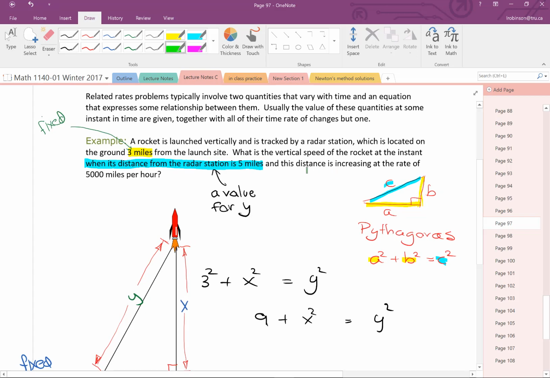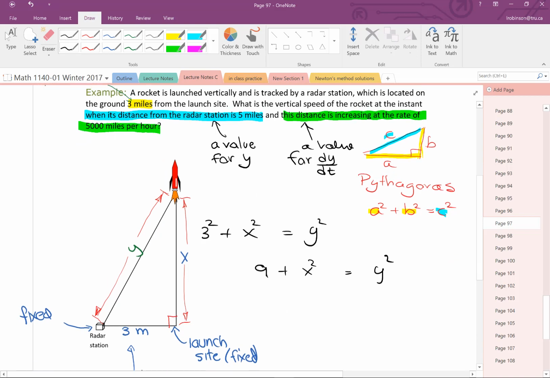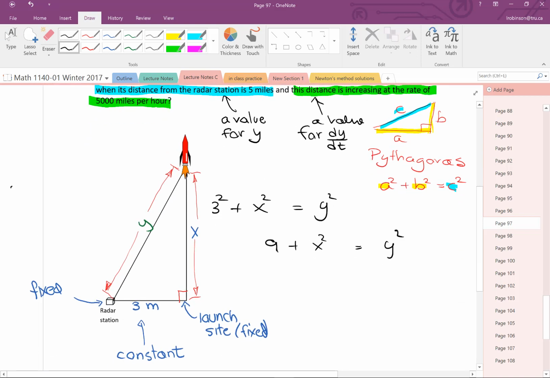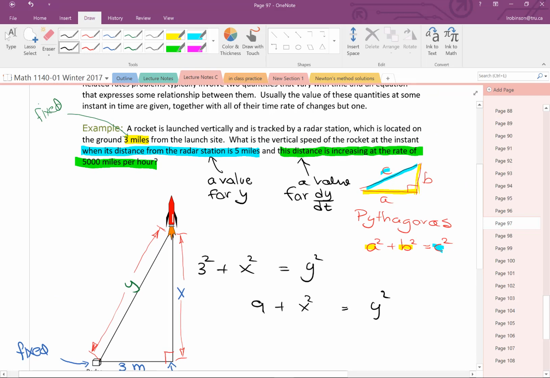And we've been given this here. This distance is increasing at a rate of 5,000 miles per hour. So that is a value for y prime, or dy dt, the rate y is changing with respect to time, right? So we've got to figure out how, and then what we're trying to find is